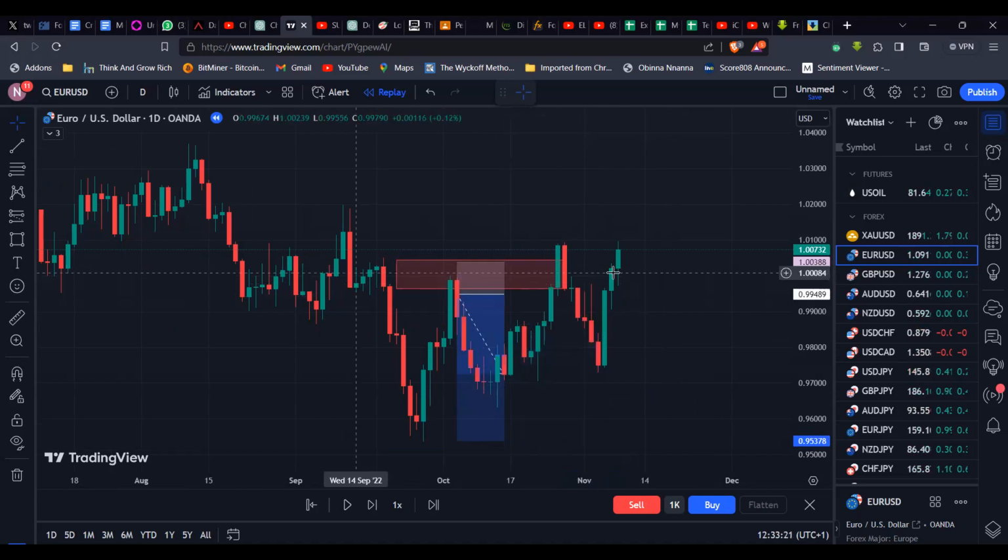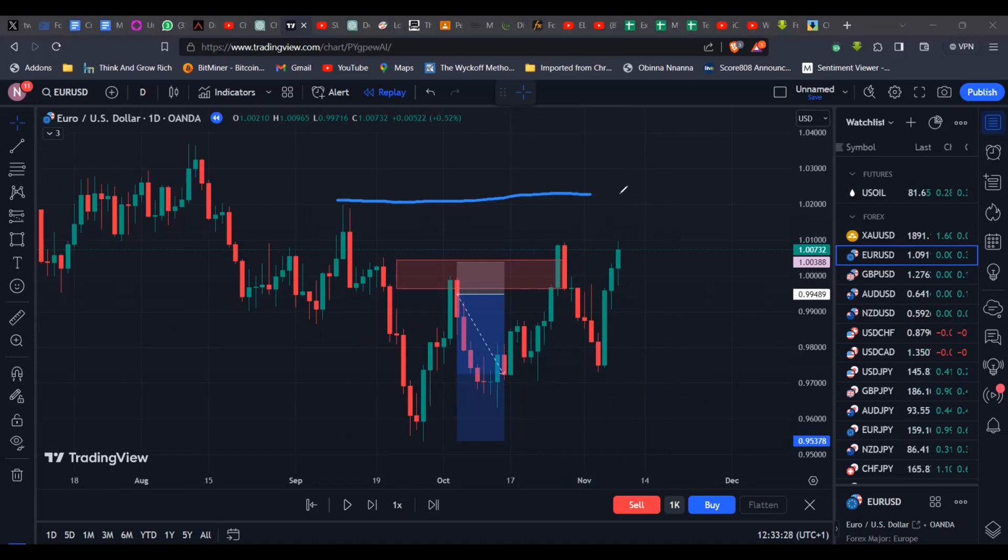Now again, price pulls back up, right? So price pushes itself back up. In the context of the overall structure, the market is still bearish, because this is the high that is supposed to be protected, and this is supposed to be the target. Now, just because this is the high that is supposed to be protected, you decide, I'm just going to place a pending order, because maybe you've identified a zone here without confirming the area, and say, once price taps in there, I want to sell, I'll put my stop loss. If you're using a stop loss, good for you. If you're not, then, well, you see the problem.